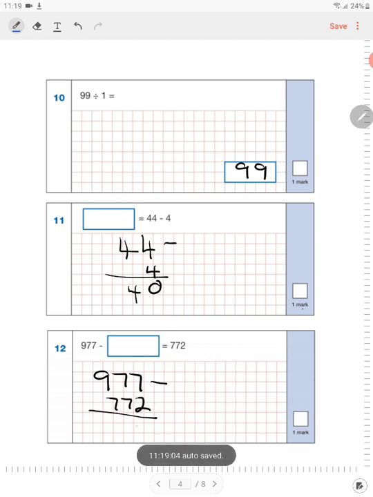So 7 take away 2 gives me 5. 7 take away 7 gives me 0. 9 take away 7 gives me 2. Double check it. So if I do 977 take away 205,